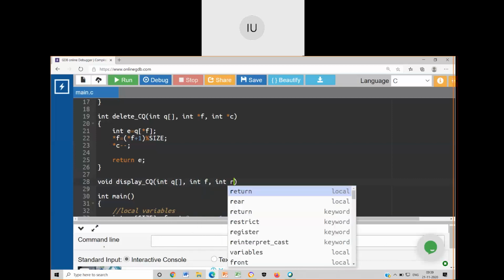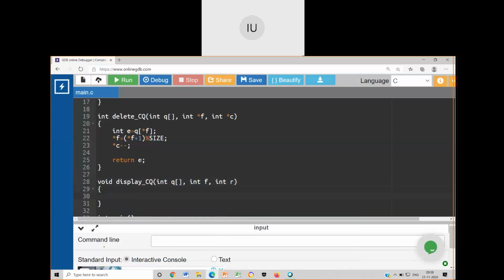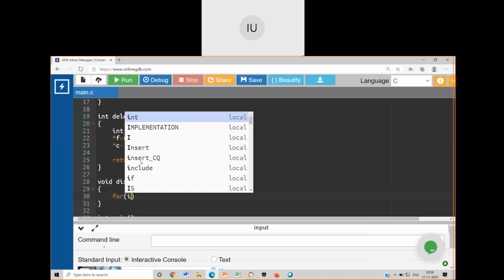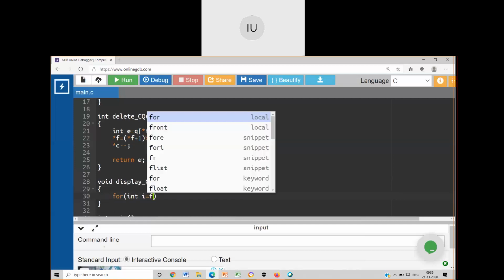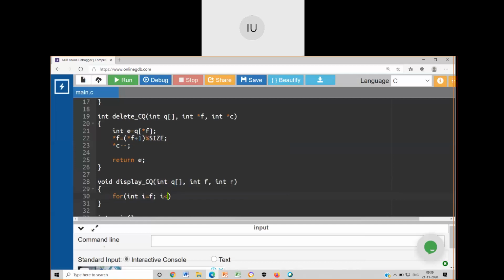Can anybody comment what I need to write in the display function? Definitely I require a for loop: for (int i = front; i <= rear; i++). Can I do i++, guys?